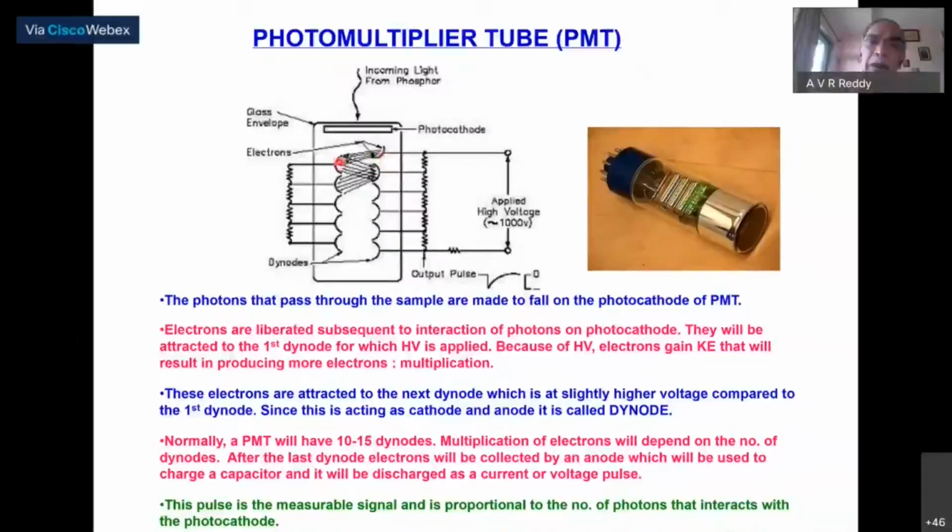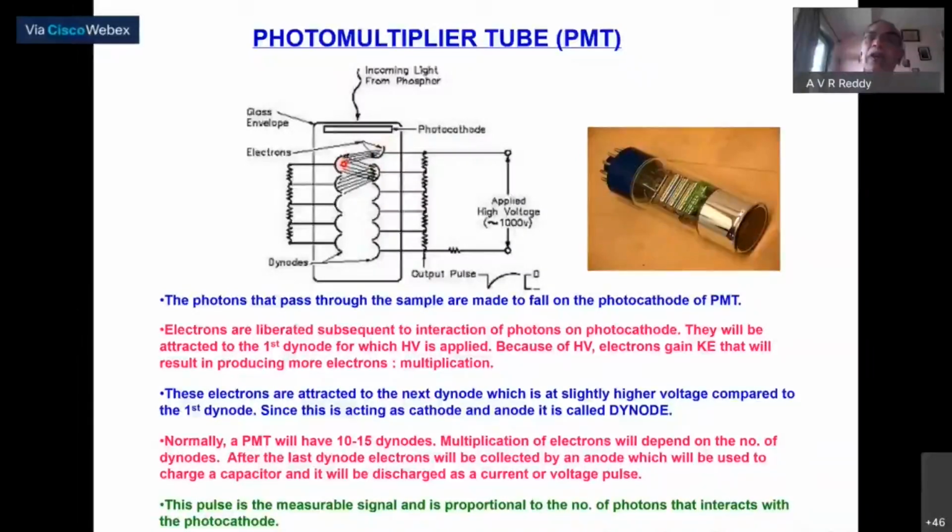Now you put another metallic plate here, of identical shape with an angular adjustment. Then what will happen is, while attracting the electrons in the beginning, now it will eject the electrons. Why? Because the voltage here is higher than this. So initially it acts as an anode. When it sees another plate with higher energy, it will act as a cathode. Therefore, both electrodes are called dynodes. A dynode means it acts as two nodes, anode and cathode.